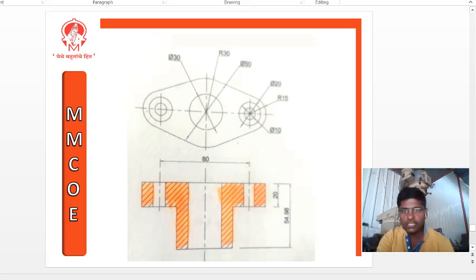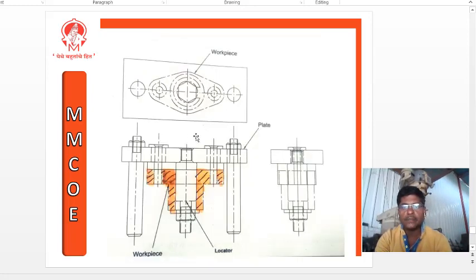Okay, now see this component. In this component I have to drill two holes. There is another hole which we can use for locating purposes. So if you see, I am using an inverted table type of jig over here. Here I am having two legs. You can have a four leg system also. Here I am using a central C washer locator. I can put this job from the bottom side and fix it by using a C washer.